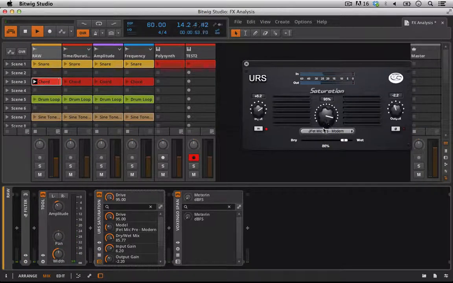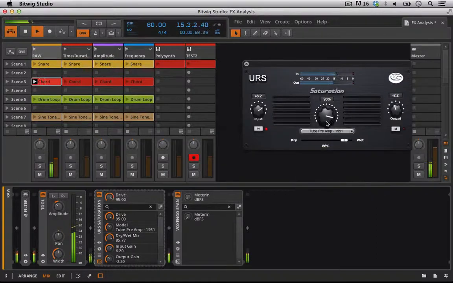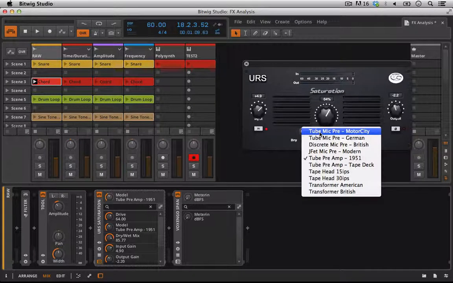A FET circuit. This is from the 1950s, so it's like an API probably. Really grimy, like you get that Amy Winehouse kind of feel to it. You could definitely put that all over pianos and like a Wurlitzer or something, and it would just be pure gold on that. There's also a tape deck here